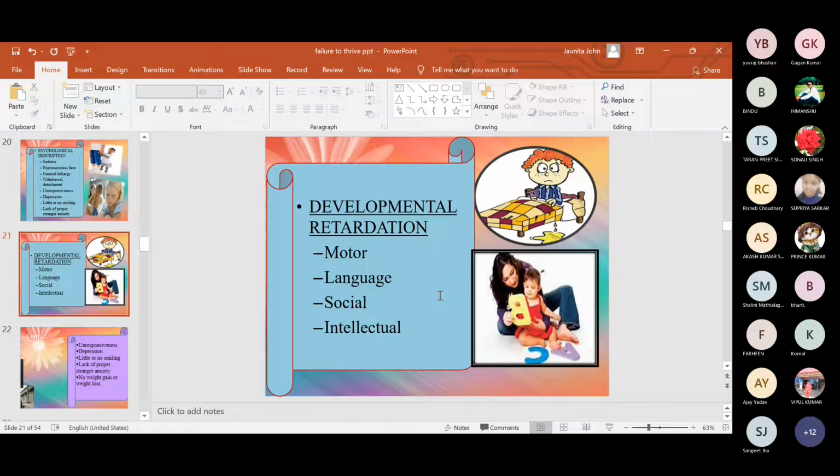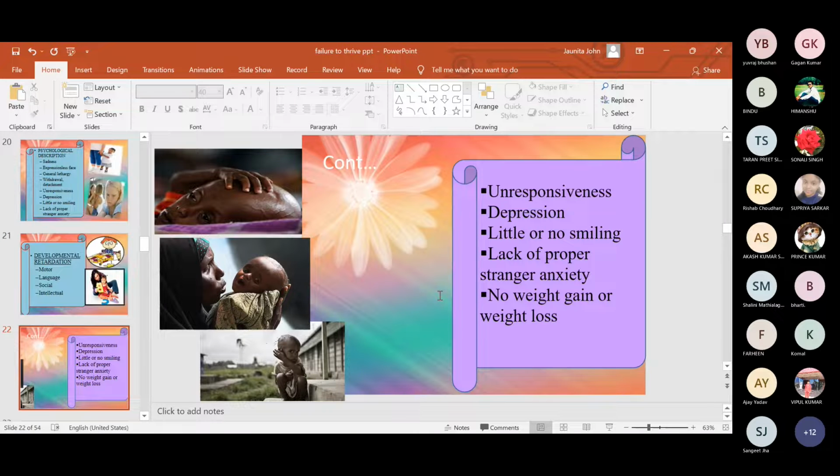First of all, in infancy most of the children do get it, but she is teaching a child more than 2 or 2.5 years old about it, so this will all be retarded. In every manner their growth will be retarded, development as well as growth. It is included in developmental retardation only. Like this slide as well, that is unresponsiveness. There will be no response because they are in their own world. In the first, second and third pictures you can see the mother is trying to see the baby, but the baby is very unresponsive and in his or her own world.